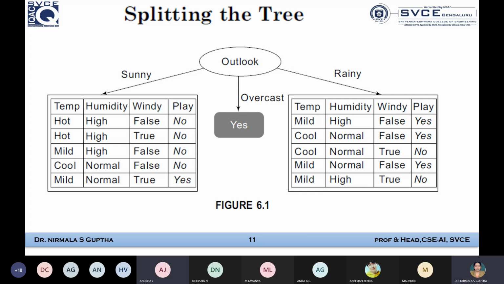Let us take No first. First value is no. Next, cool temperature. Yes. So we have to see for all the variants of the predictions, isn't it? And more or less, when we are making a correct decision, cool temperature means always we can go and play, isn't it?